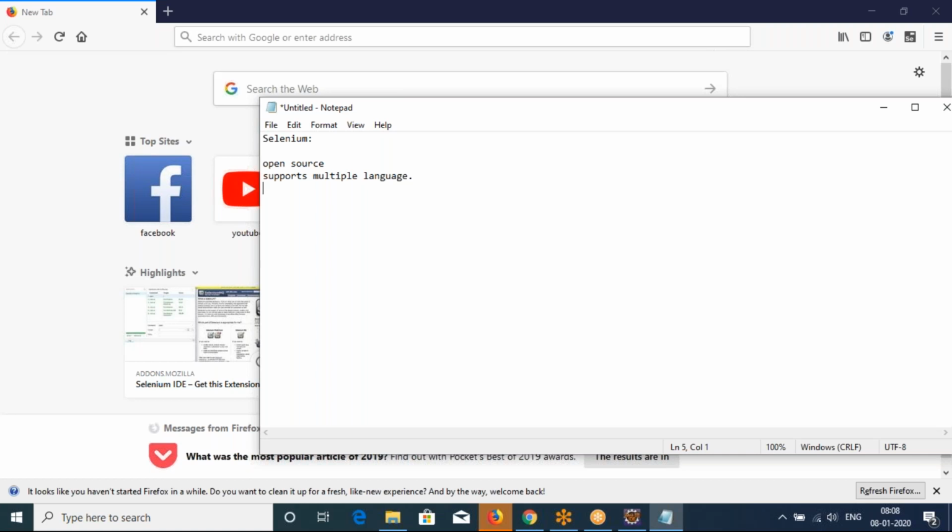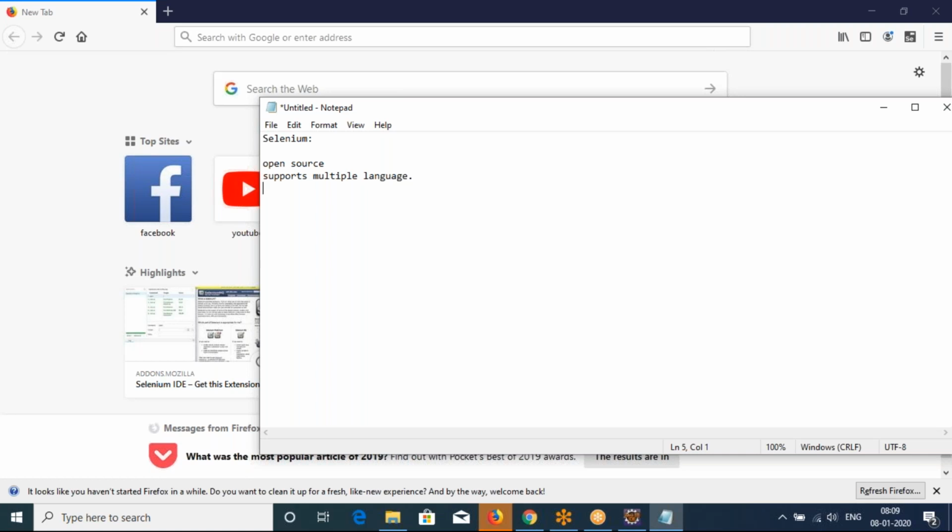Everything is in the form of packages in Selenium also. The main reason for its popularity is that it is open source. Java is open source and Selenium is open source, because anyone with a laptop and internet connectivity can download this tool and work on it.